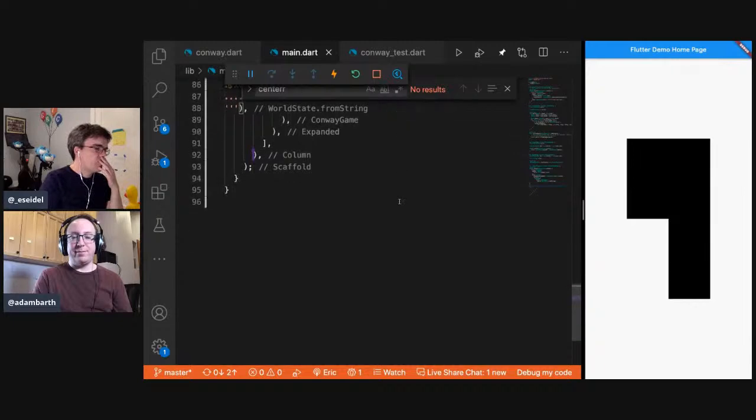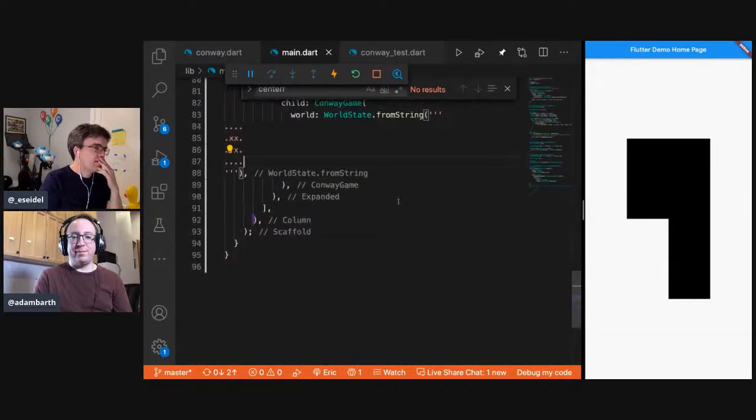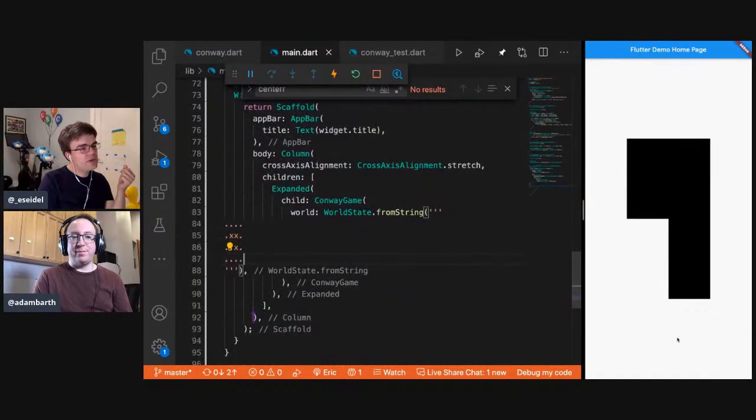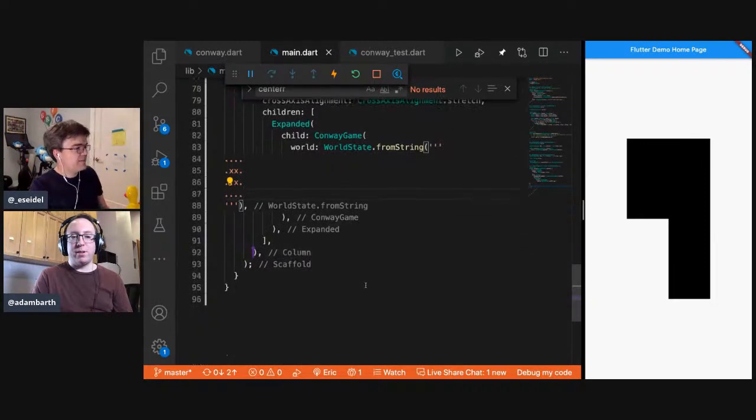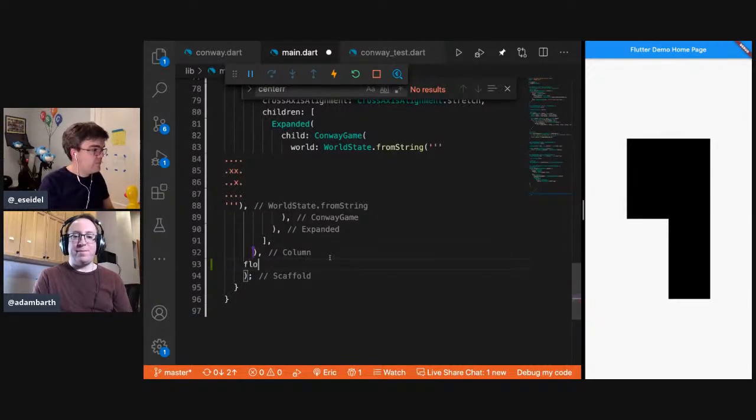Okay, so either we could do a floating action button. That's very easy. Should it tick it, or should it just pause, start it, and stop it? And then at what rate? Let's start with tick just for simplicity. But yeah, I think a floating action button is totally the way to go. We're also towards the end of what we're going to get accomplished this week.